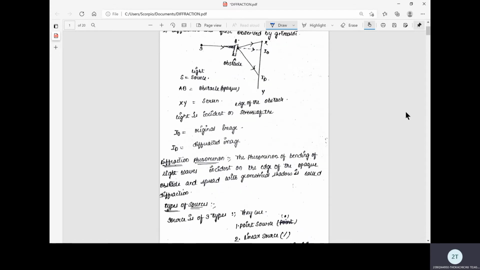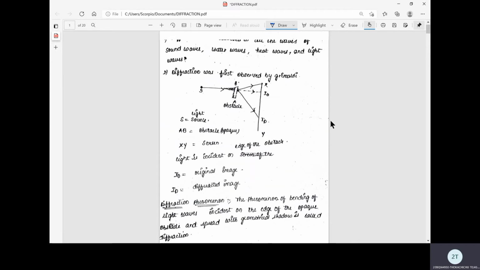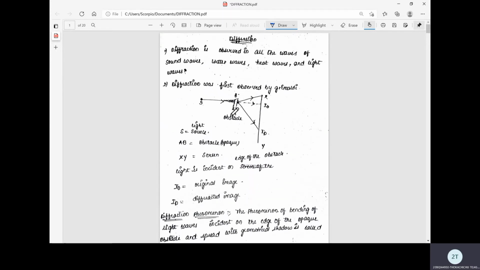So, firstly, what is diffraction? The phenomenon of bending of light waves incident on the edge of an opaque obstacle and spreading into the geometrical shadow is called diffraction. That is, let us consider an obstacle like this, that is AB, and let's consider a screen